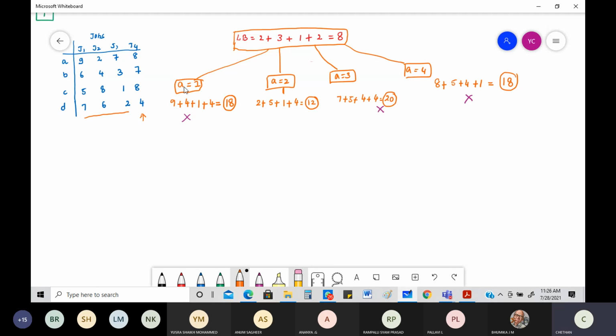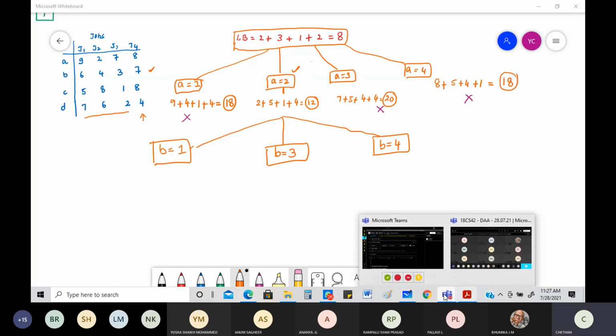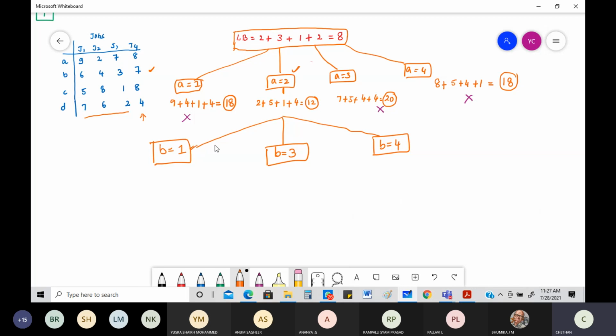What are those 3 jobs? Next we need to think of B. One after other only we need to go now. Now we need to think of B. So what I'll do? From here, I'll give 3 choices. What are 3 choices I can have? B can be doing, see, I cannot take second job. Second job is already fully done. B can do first job, or B can even do not second job, third job, because second job is already allocated to A. Okay, B can even do fourth job. Okay, this is how it basically looks. So you can very clearly see B can be doing either first job or third job or fourth job.